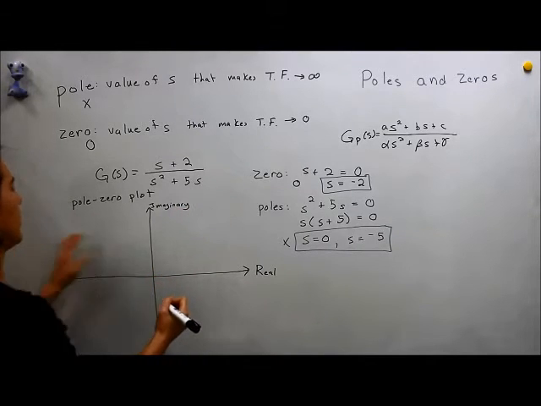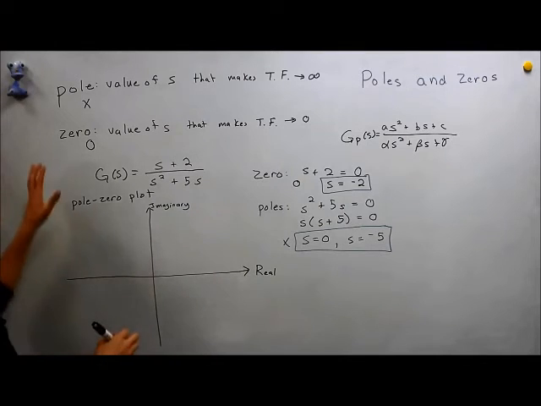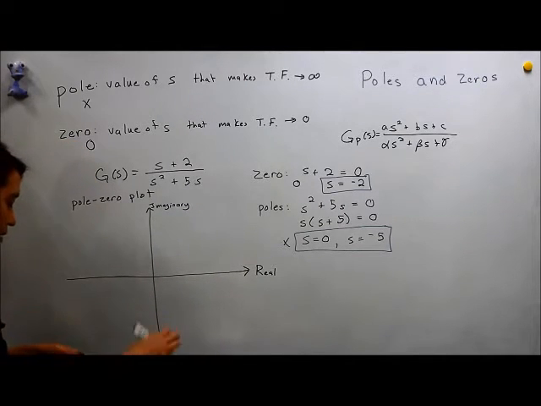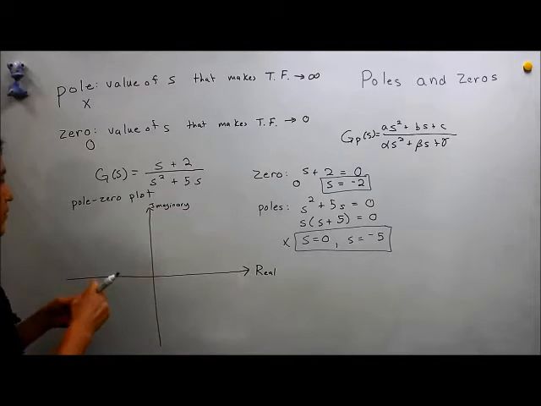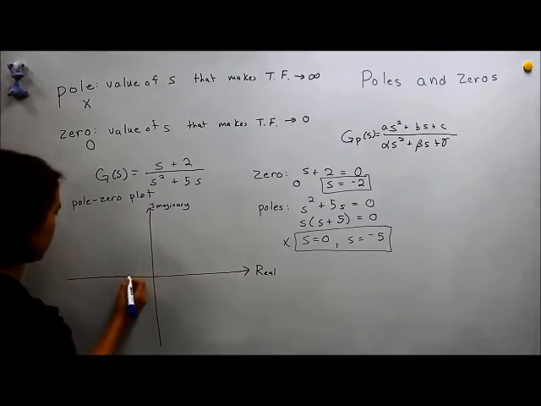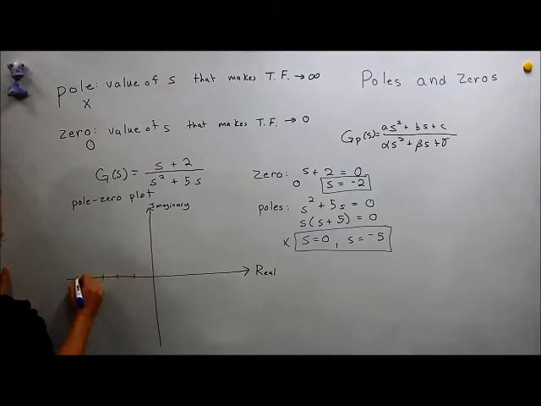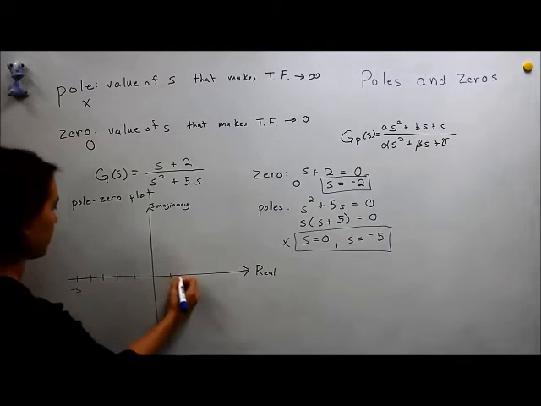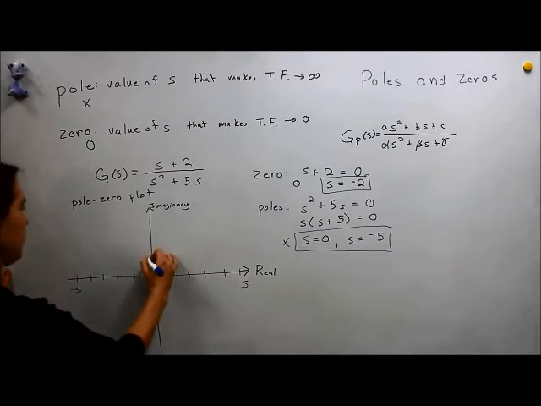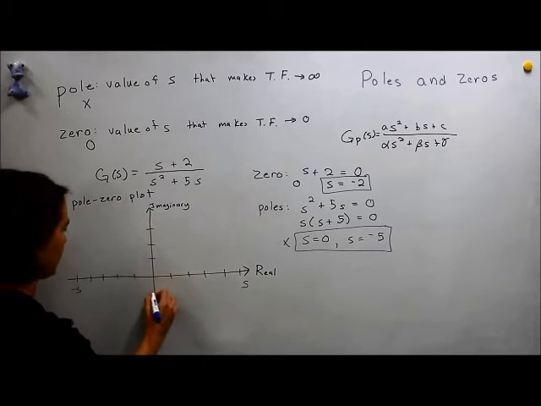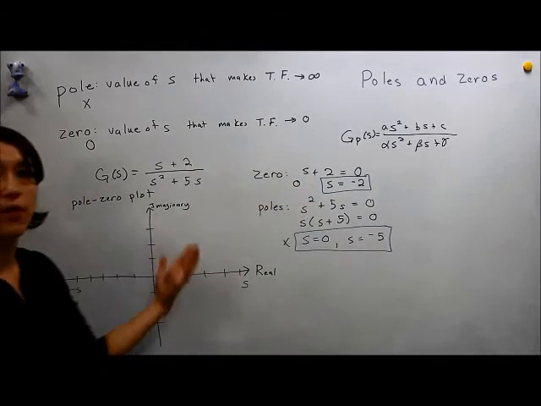Imaginary. That looks weird. But okay, the real and imaginary axis, right? So all we have to do is use these appropriate symbols to map them correctly. So we have a zero at negative 2. So here is negative 5, and about the same here. Okay, so we have negative 2 is one of our